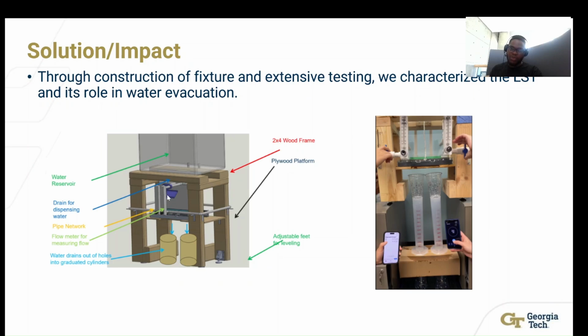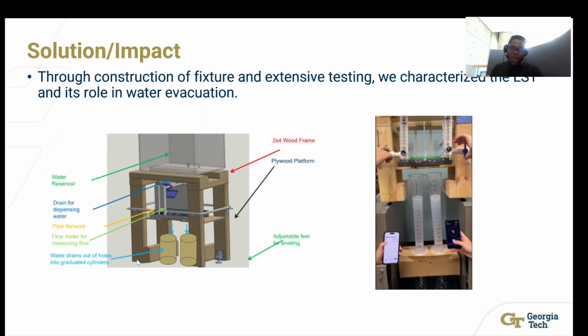We had a drain for where the water was dispersed from, and which would be dispersed into the piping network. We also had flow meters, which could adjust the flow rate at which the water would move through the system. We have this plywood platform where the sample is slid in and slid out. We designed it so that we could easily slide in and slide out different samples because we had 4 samples